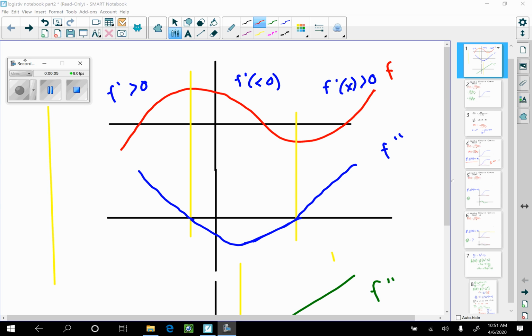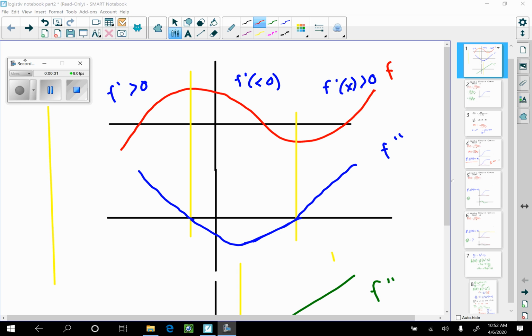I want to clean up a few things about logistic curves. I have two more short videos on logistic curves. We're going to be talking about some assignments that deal with these, but certainly we'll be doing some free response questions. Before I get to talking more about this logistic differential equation, I just want to review